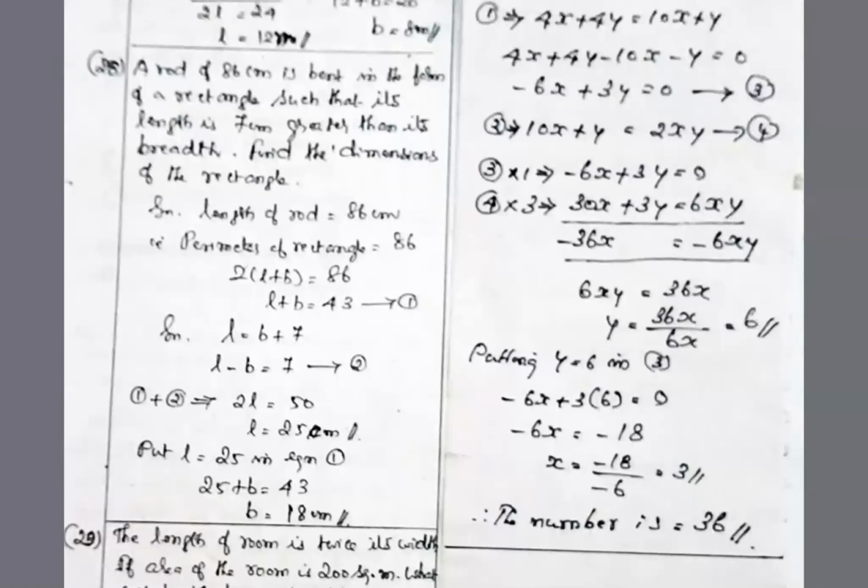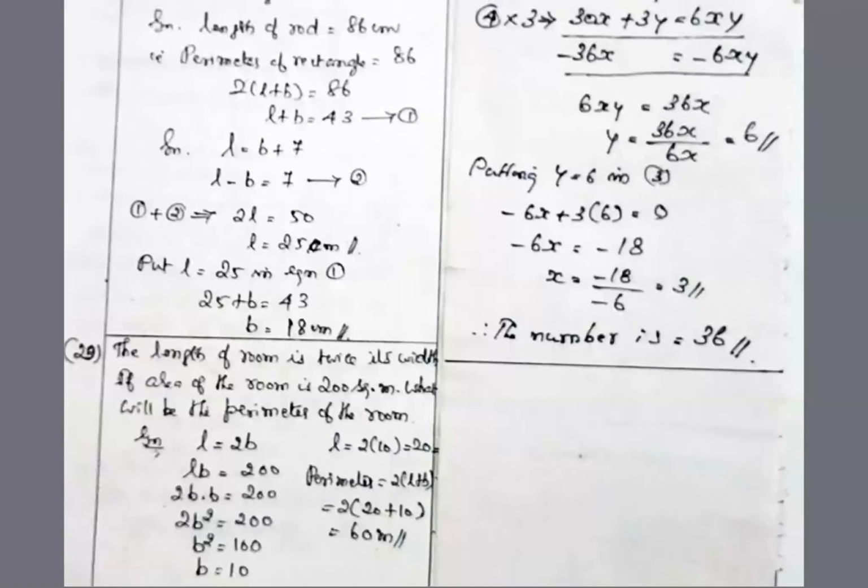All the problems are like this only. Only thing, little concentration and read line by line, word by word. You have to read and try to form the equation. If one question is asked, assume letter X. Two questions asked, assume letters X, Y. It depends upon the number of questions. Straight away assume X for one question, X and Y for two questions, and read the statement and try to form the equation. Once equation formed, after that it is only calculation.